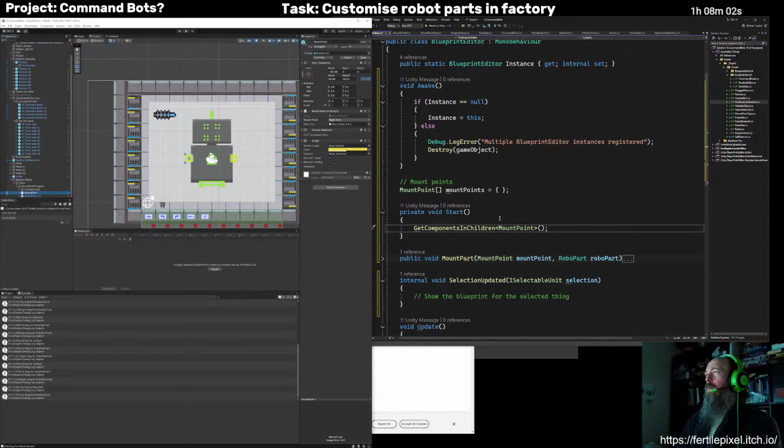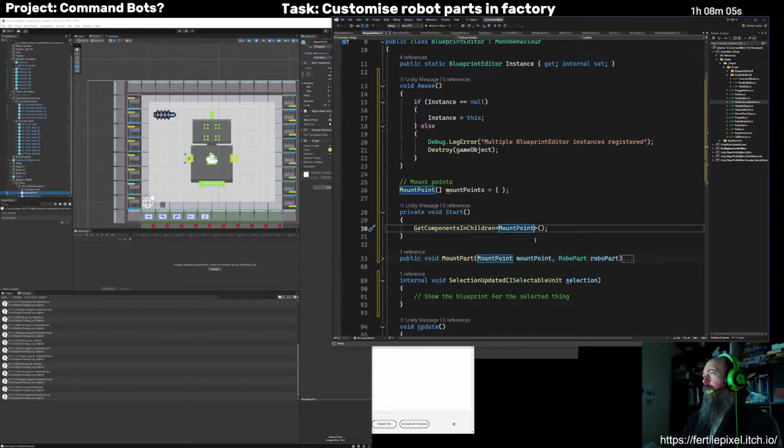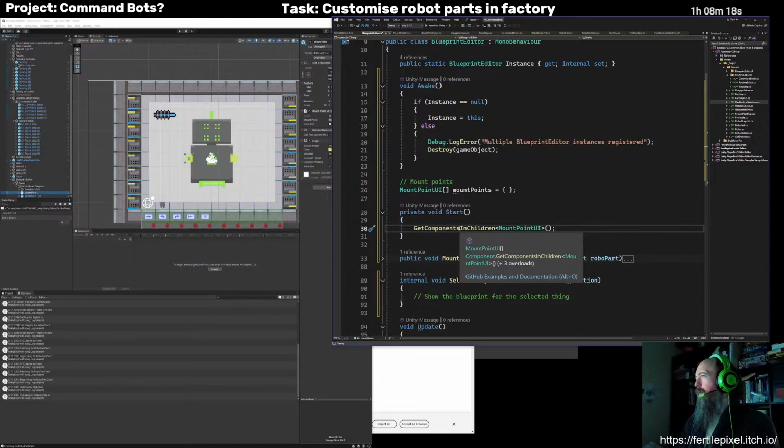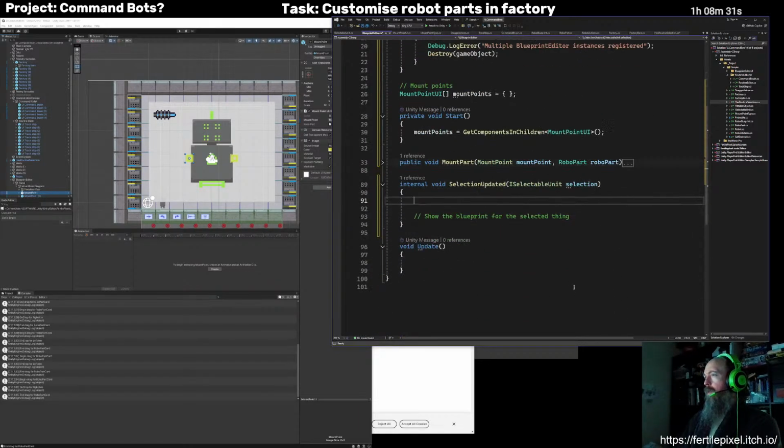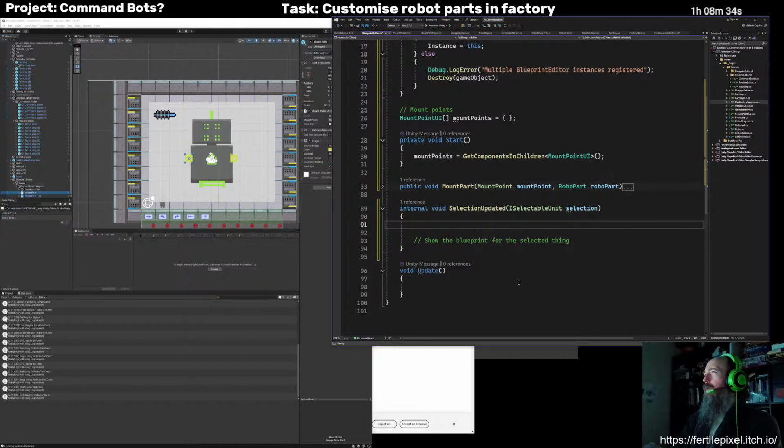Mount point UI is what I want. So this should be an array of mount point UI. So now that we've got those, we should be able to basically clear those.